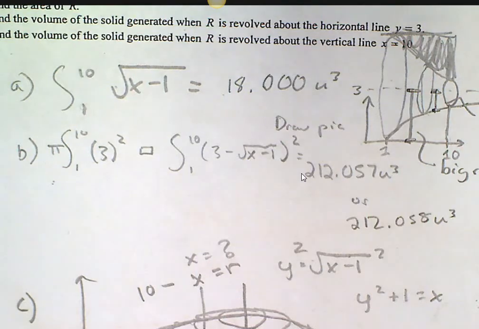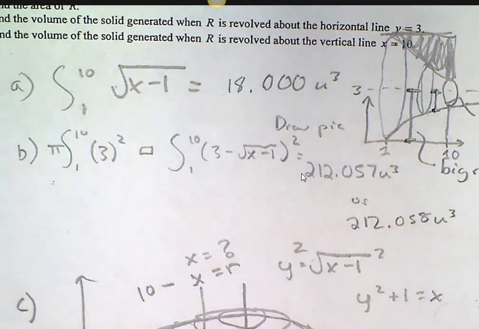So I said, okay, what's the big radius? Well, it's always going to be just this block. So what's the length? 3. And then what's the little radius? Well, it's the difference of 3 and this graph. So I just have to remember, and I was kind of a little bit distasteful because what should I have had here? A pi. But that works too. Minus 1.